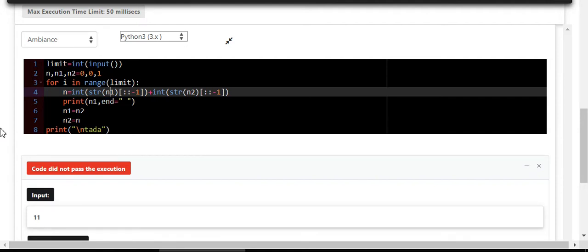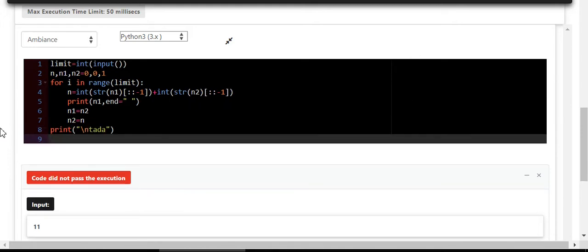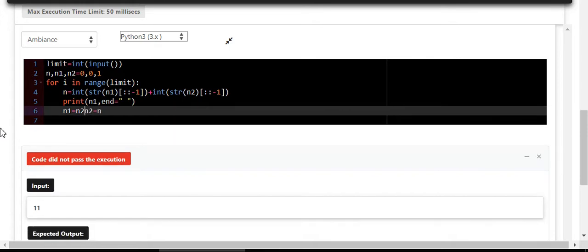I know the formula, I know the pattern, I know the limit. Then what else do I need for making a one-liner? But still, I can fool you like